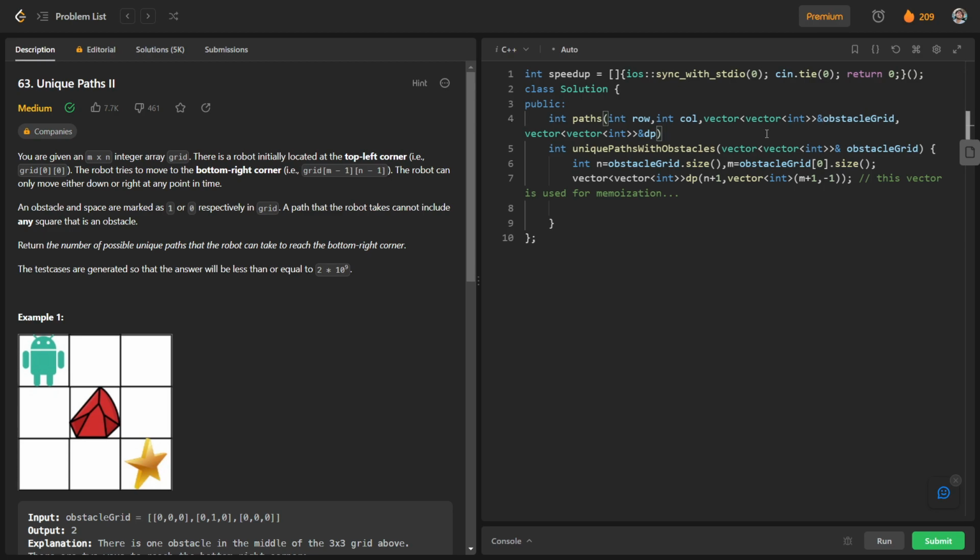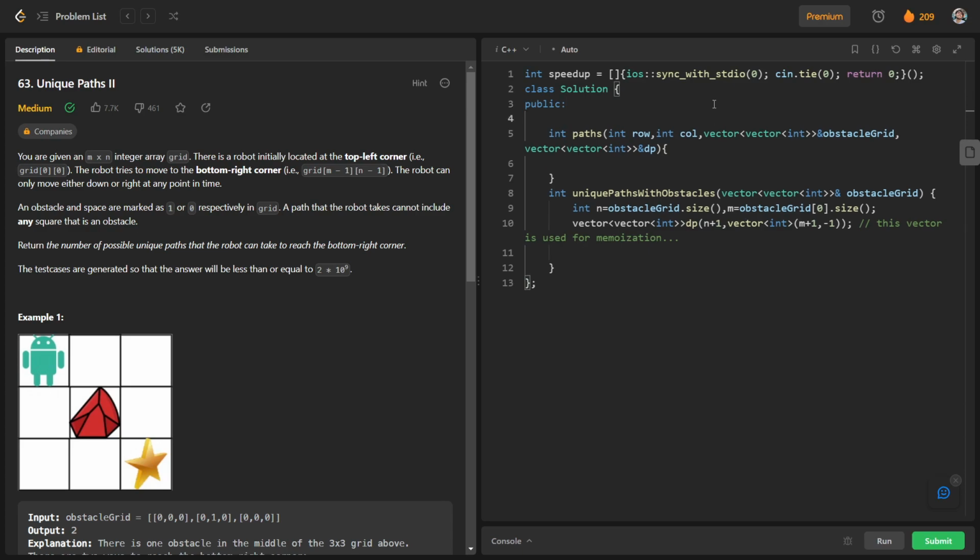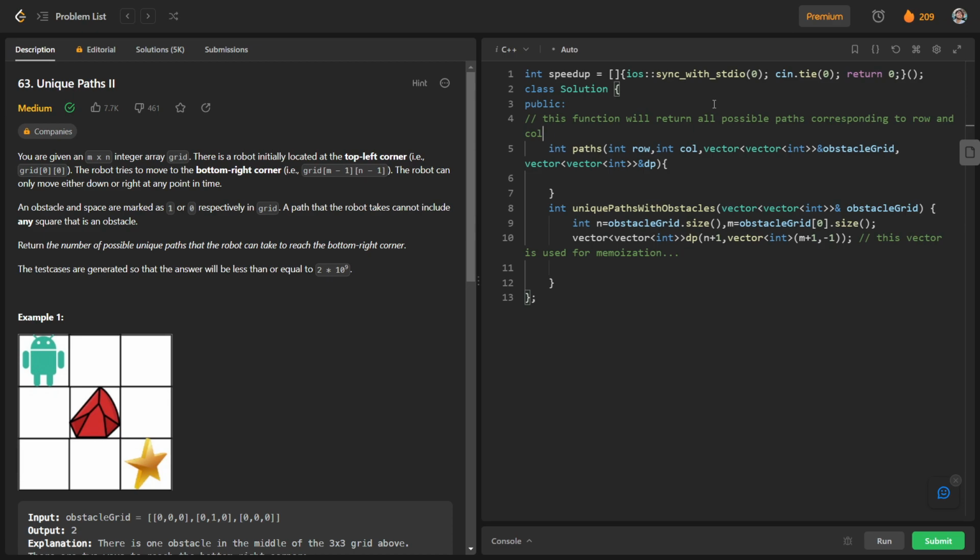Okay, and talking about the base cases, what is the use of this function? This function will return all possible paths corresponding to row and column. So for this particular grid having this row and column, this function will return the number of all possible paths.